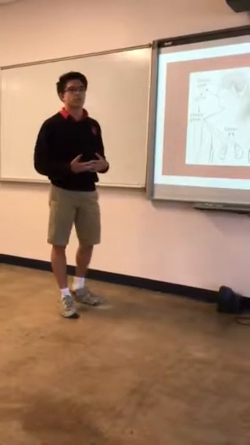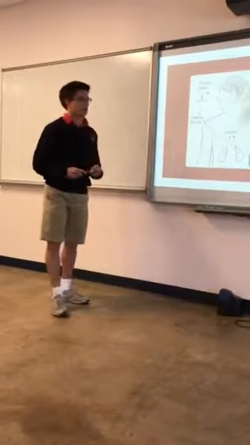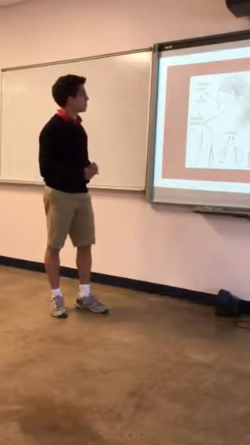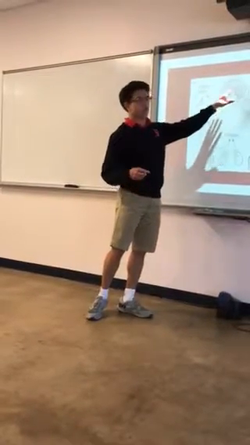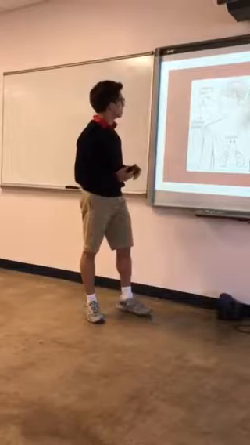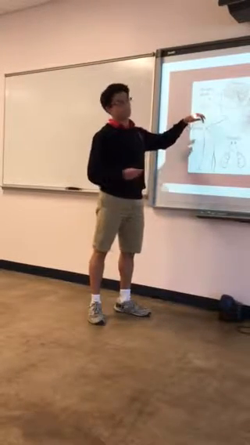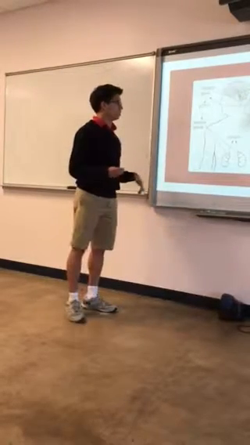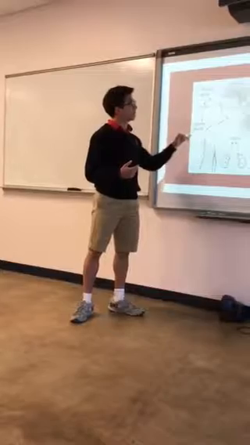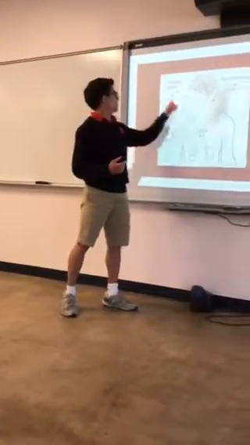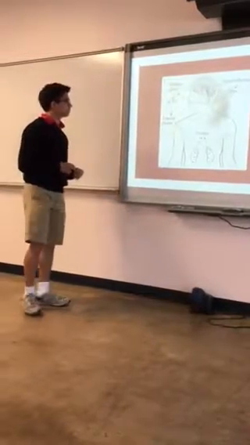But how these are all connected is through the HPA axis, which is the hypothalamic-pituitary-adrenal axis. The hypothalamus controls the emotional output of the person, and it controls the pituitary gland to create ACTH, the hormone that regulates the amount of cortisol produced in the adrenal glands. CRH is just another name for the same thing. They are one and the same.